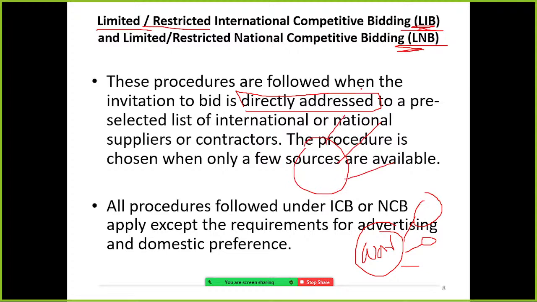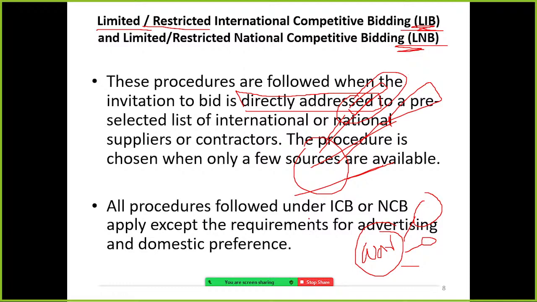There are very few companies which make Airbuses. So they don't want to advertise in the national newspaper or on an international website. What they can do is address the suppliers directly and obtain bids from a limited number of suppliers.